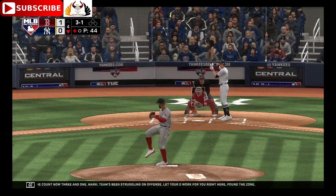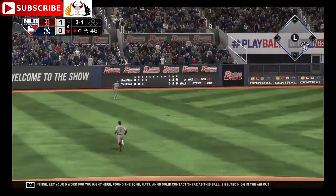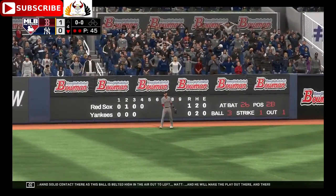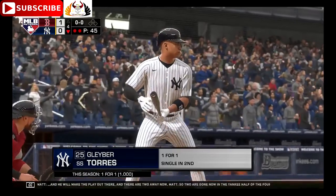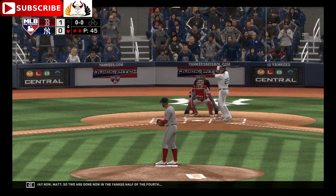Team's been struggling on offense. Let your D work for you right. And solid contact there as this ball is belted high in the air out to left. And he will make the play out there, and there are 2 away now. So 2 are gone now in the Yankee half of the 4th, and that'll bring up the exciting middle infielder